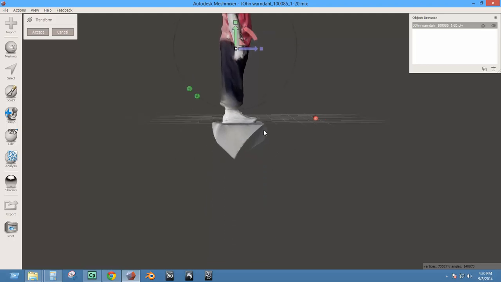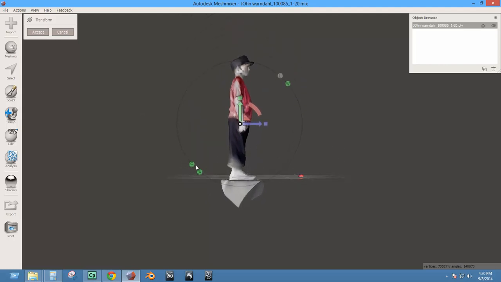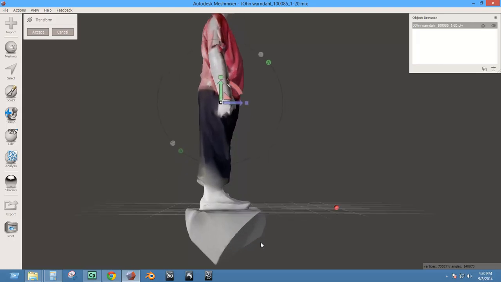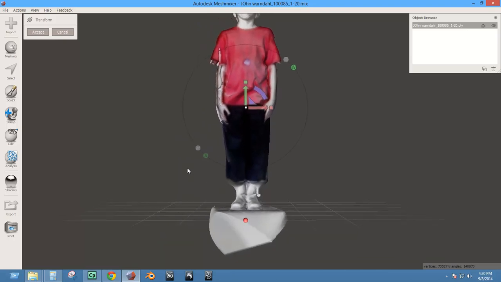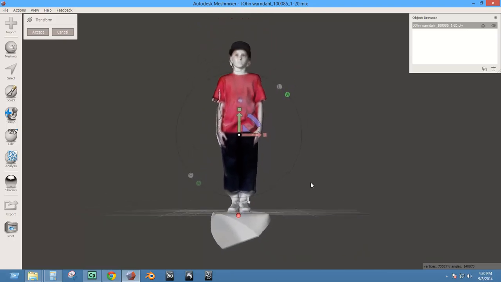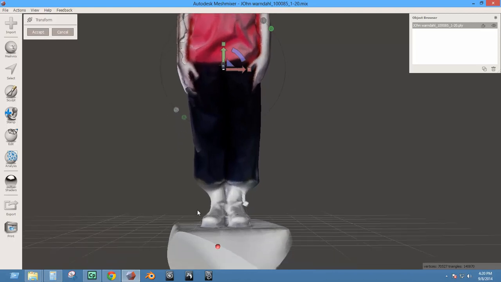I'll move him up. And I am going to have snap turned off for this. So I'm going to go to where I can kind of see flat here. I'll move his feet up above the line. And I typically try to move whatever the base is here down below the line just slightly. I'll show you why in a minute. And I'm going to make sure that he looks like he's standing up straight here. And I'd say he is maybe just a little bit off, but there we go. 1 degree off. I don't know why. It's not really that necessary to be that precise, I don't think, but